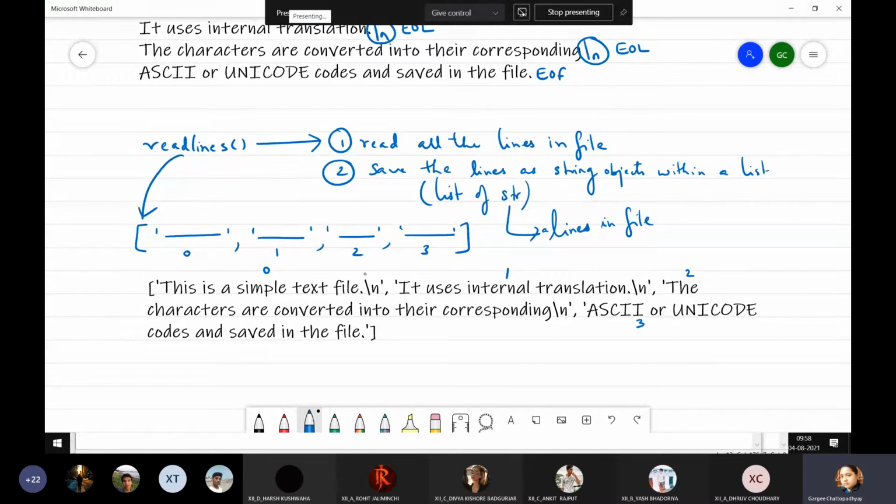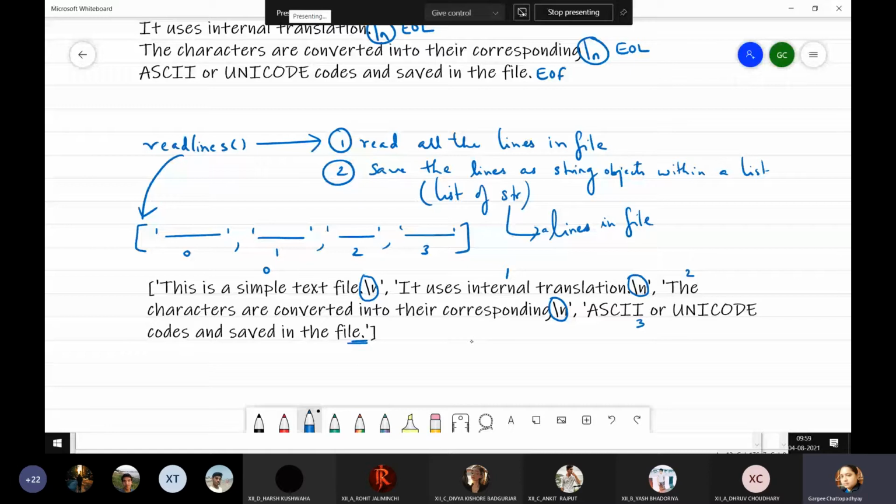And you can see a newline character \n after each string, at the end of each string, except the last string. Because the last string, that is the last line of the file, will have an end of file character. So your EOL character is there at the end of all the lines except the last line. Got it? So this is what is being printed.